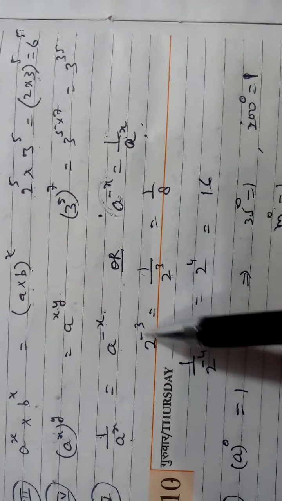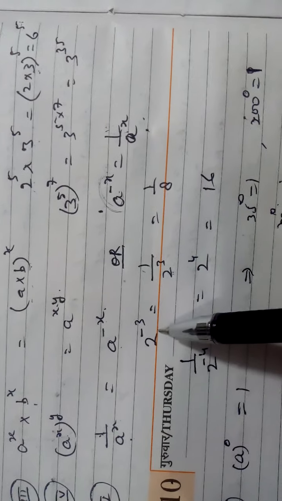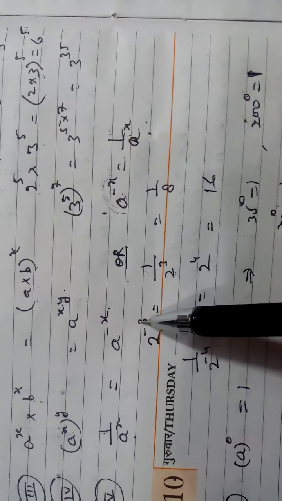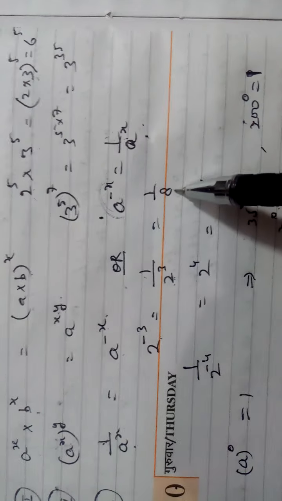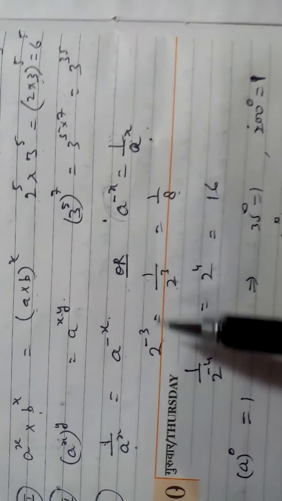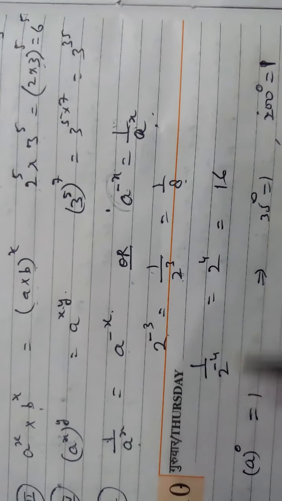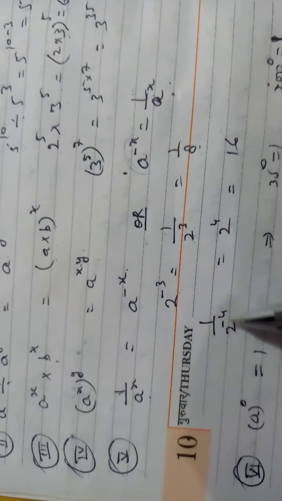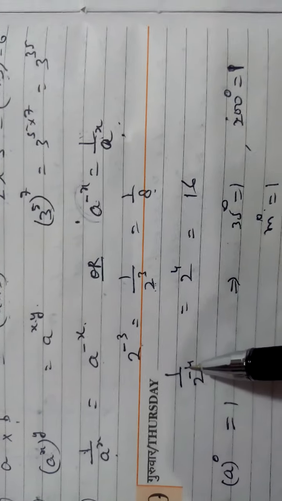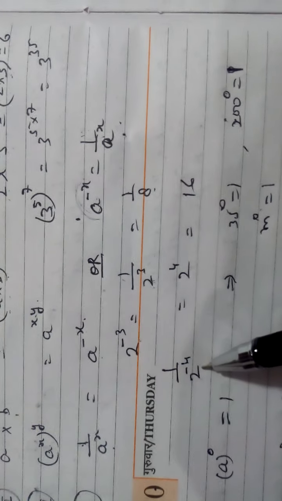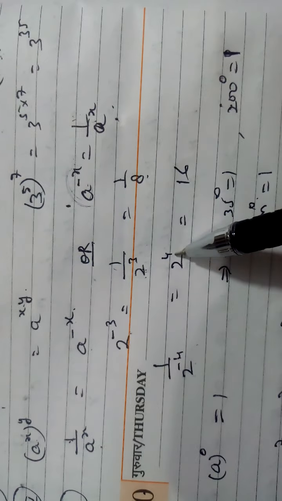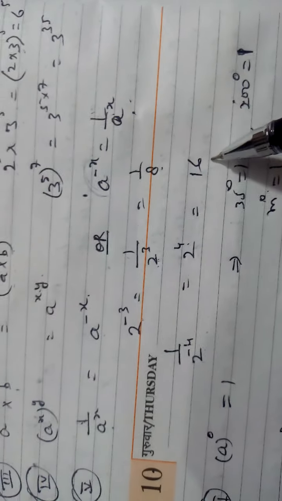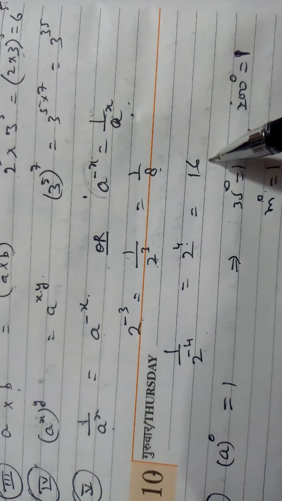With the minus sign, you will not multiply 3 times. So 2 power minus 3 will be positive. Now 2 power 3 is 2 into 2 into 2: 2 twos are 4, 4 twos are 8. You can't write 8 power minus 1. Another: 1 upon 2 power minus 4. Here the denominator power is minus, so you can't multiply 2 four times. So first you change it into positive, then multiply 4 times. 2 twos are 4, 4 twos are 8, 8 twos are 16.